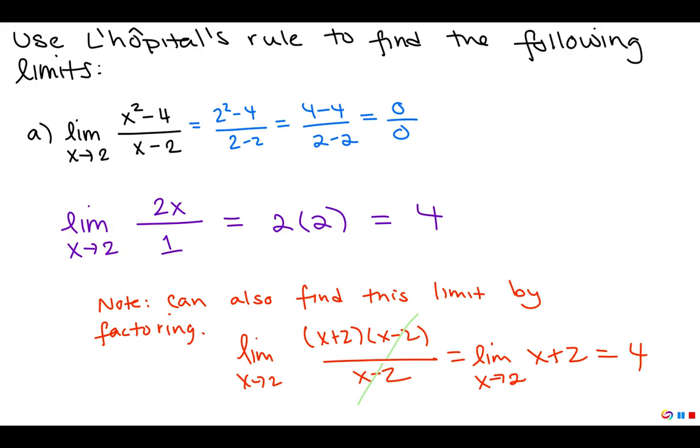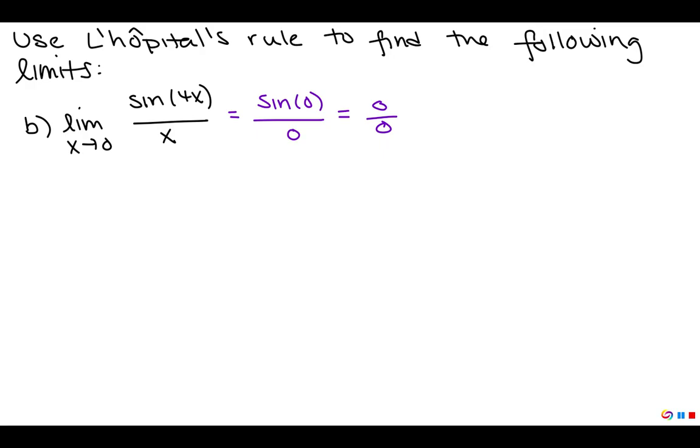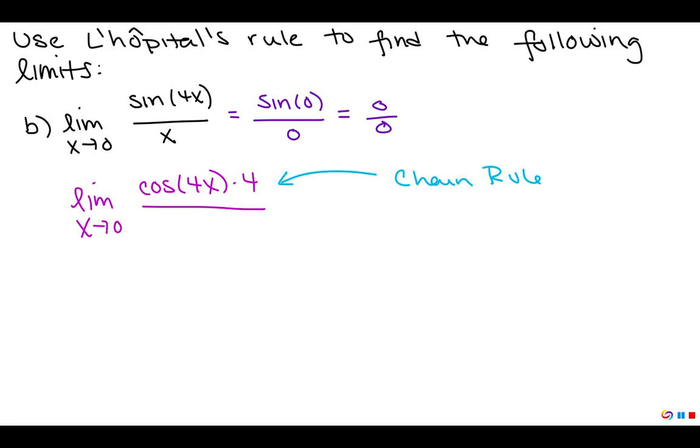All right, let's do some more examples. Example B, limit as x goes to 0 of sine of 4x over x. If we plug the 0 in, we get sine of 0, which is 0 over 0. So we get that indeterminate form again. L'Hopital's rule says I can find the derivative of the top,